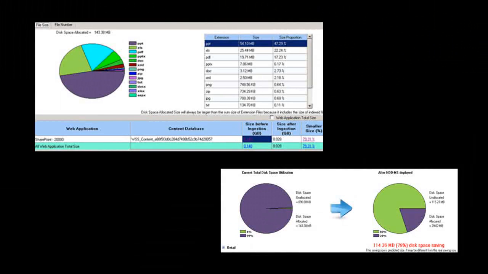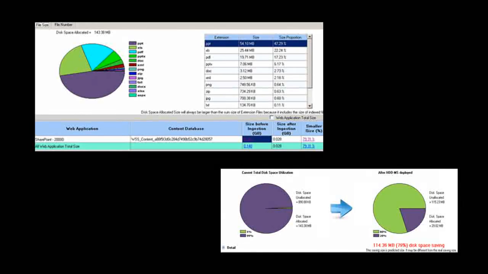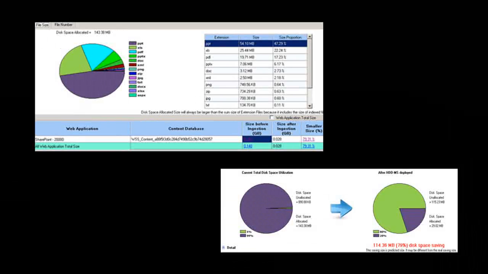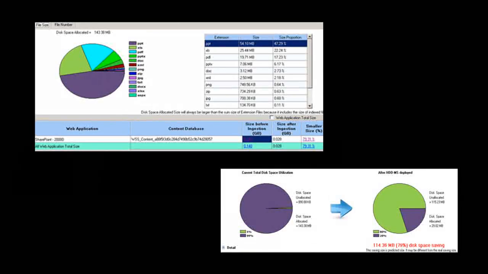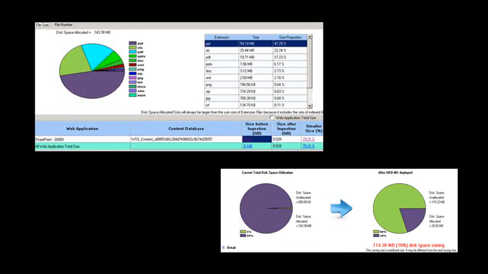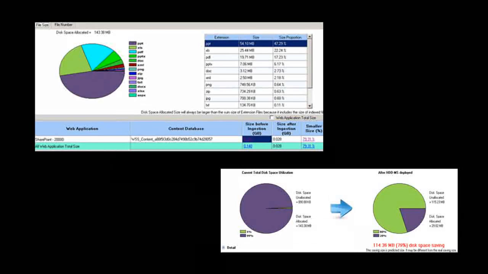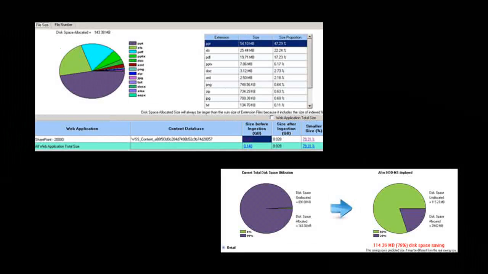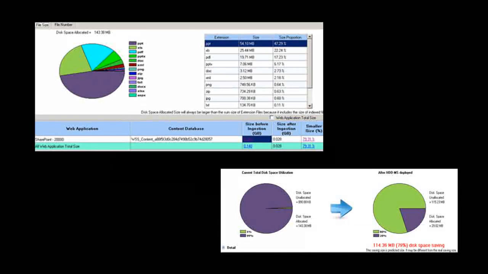One final thing I wanted to mention is that we have a free tool that we can come through to your site and install. What the tool does is that it essentially hooks in through to your existing SharePoint environment, and from there you can granularly choose a specific site, or if you want the entire SharePoint hierarchy, and it will go through and do an analysis of the different types of document and data that you have stored within SharePoint. It's then going to give you this output that you see on the screen here, which shows you all the different data types and so forth, and it would give you an estimate of the amount of storage efficiencies or space savings that you're going to get by implementing a solution such as the Hitachi Data Discovery Suite for Microsoft SharePoint